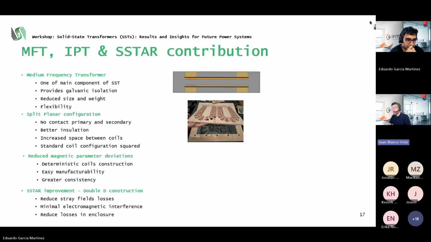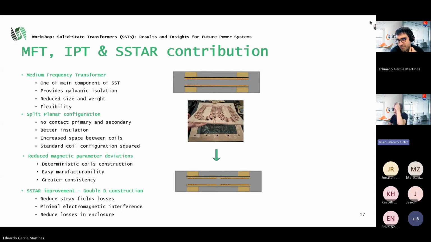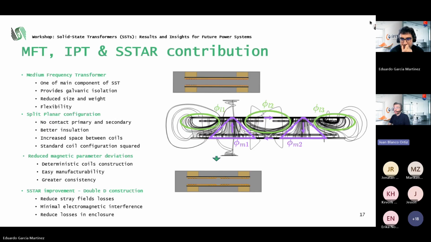One of the main improvements in the STAR project is the double D construction. Instead of having one square coil, it has two coils with opposite directions in primary and secondary. This reduces the stray field losses, minimizes the electromagnetic interference, and reduces the losses in the metallic enclosure. As can be seen here in the diagram, this is how the flux goes with the double D structure,